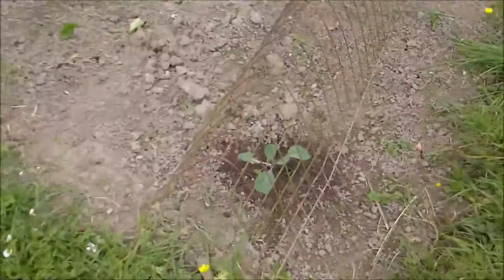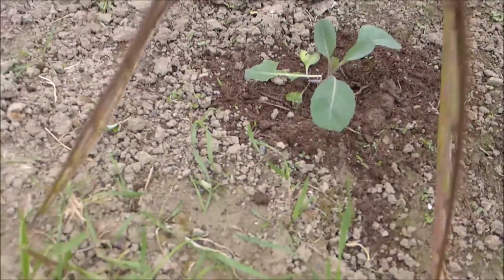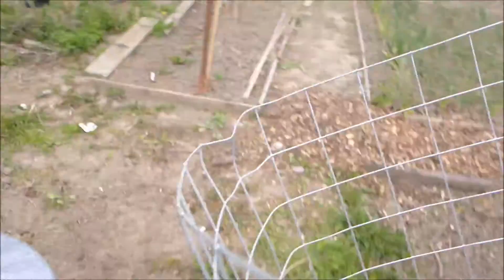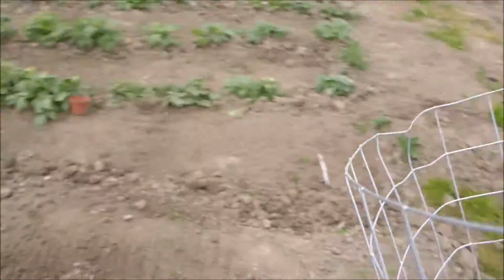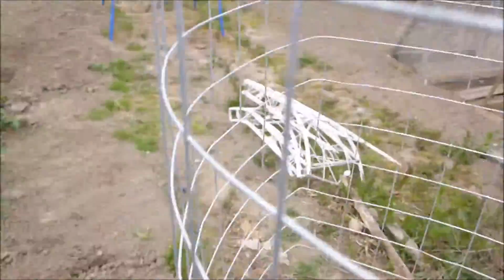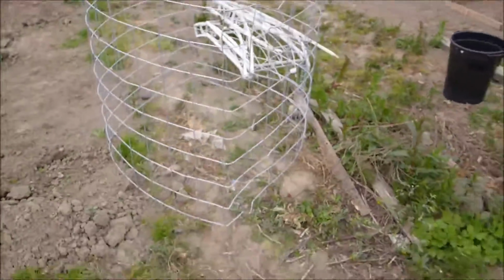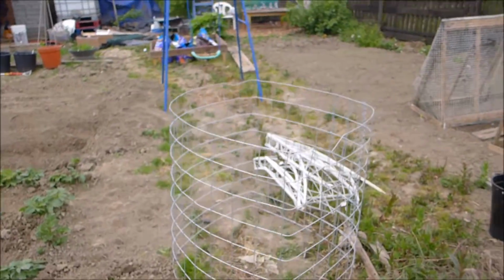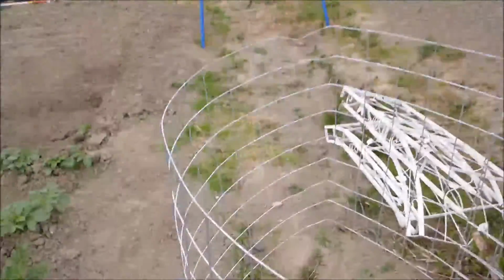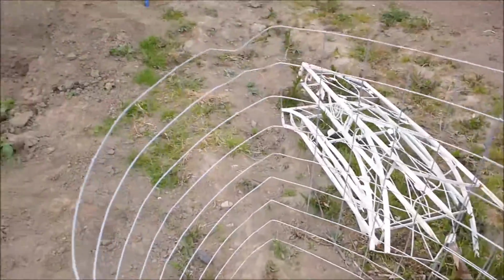Whilst we go, cabbage, one leaf nibbled, just one. I want to put my sprouts out, but we're not stopping, so I'm not going to. Maybe not here because it's too big, but probably about here. What we're going to do is plant inside this, and we're going to plant you